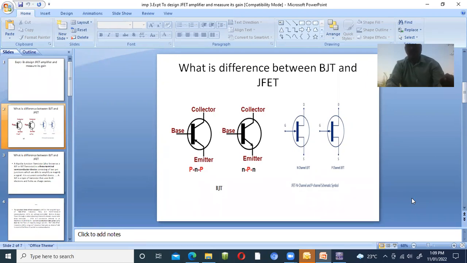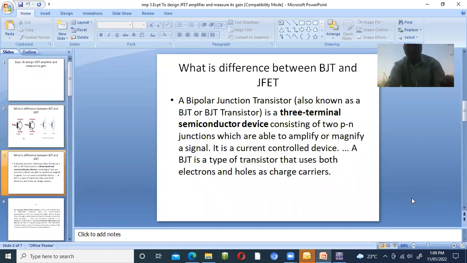This is the thing related to the BJT and JFET. See, what is the actual difference between BJT and JFET that we have to see? Why do we have to see the difference first? When we have to choose a device for our application, we have two choices. One is BJT, the other is your JFET. When we use the BJT, it has its own advantages. JFET has more advantages compared to the BJT.